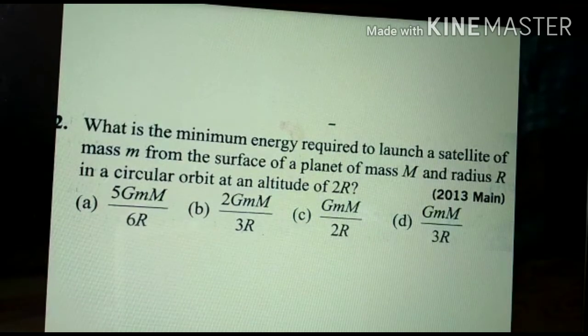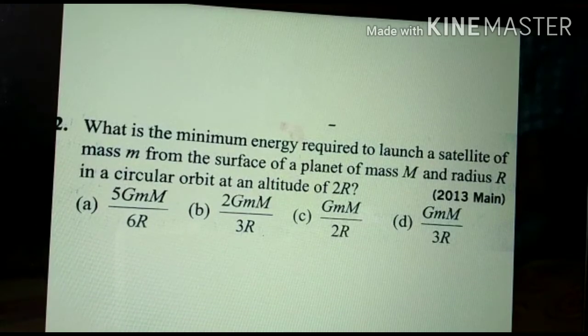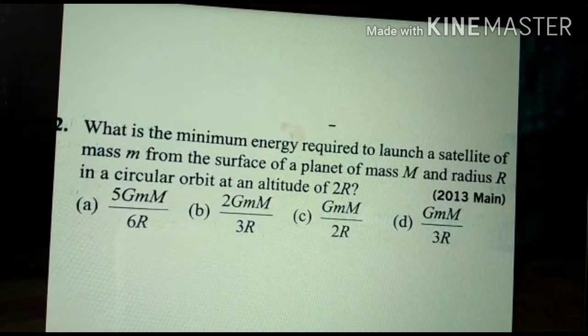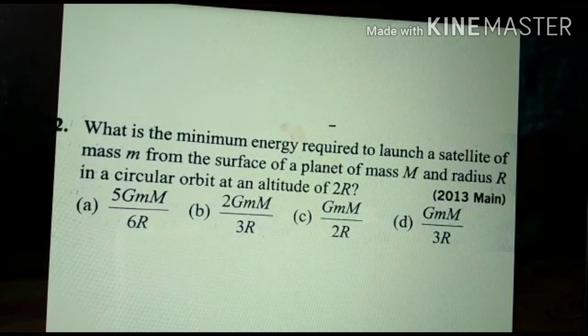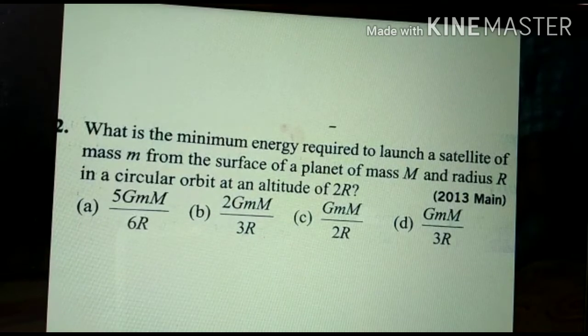First I will tell you what information is given. Practically, we are launching a satellite from the earth's surface to a particular distance. R is the radius of earth. Suppose the radius of earth, how much? Anybody can say? Approximately? Okay, around 6,500 kilometers. Now we are launching the satellite at a distance of 2R, or around 13,000 kilometers from the earth's surface. Agree? So I will explain the given information.